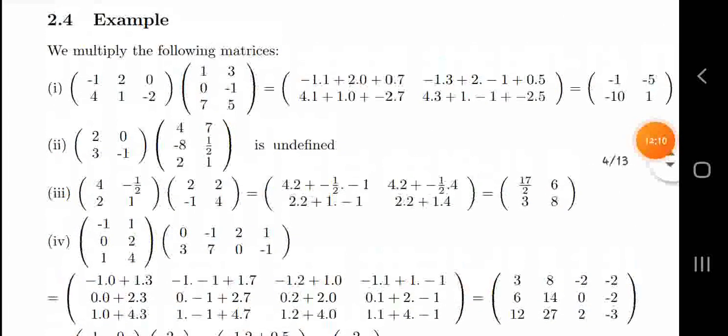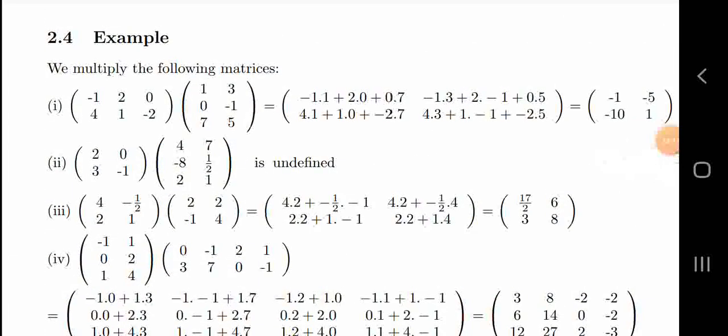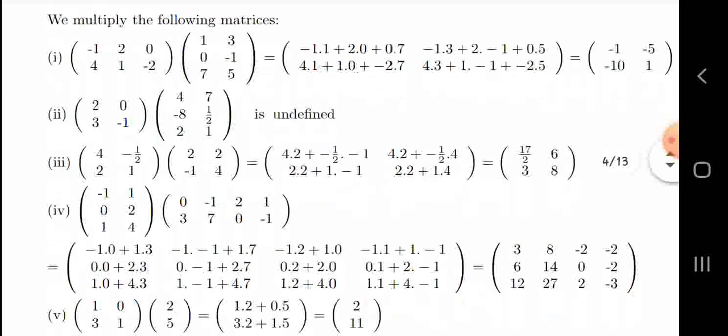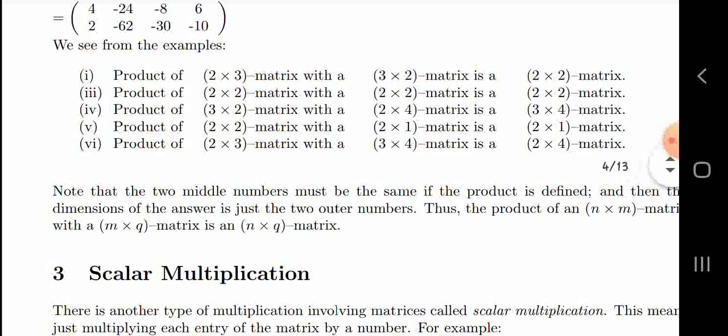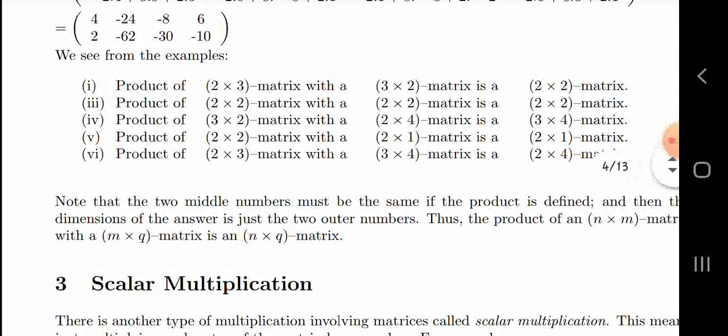As you know, I said how to calculate the matrix. So here see, here 3 numbers are there, minus 1, 2, 0. So here 3, here 1 and 3 up, so 2 into 3, like that only. Here see, here you cannot, it is undefined. Here also 2 into 2, you want means here see, you will get 2 into 2 third one, like that you will get the answer.